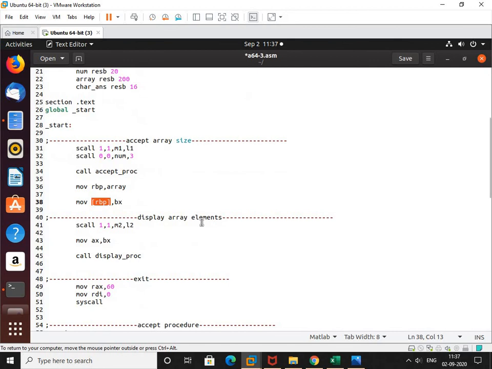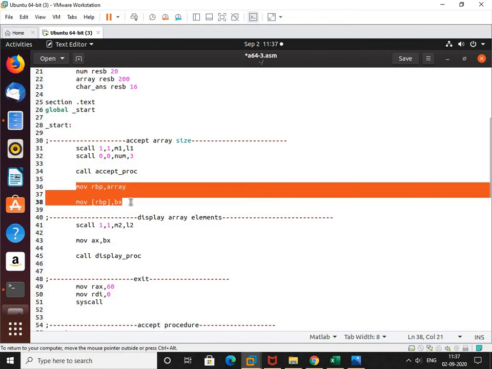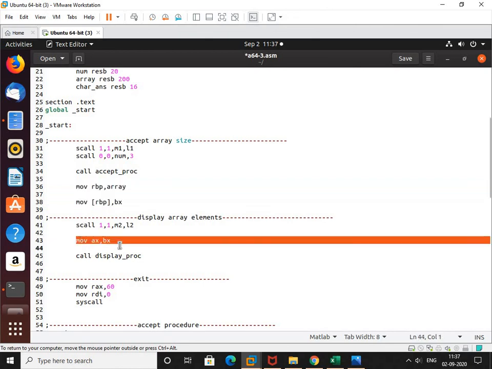Why we put it into the accumulator, we will see in the display procedure. You can avoid these two steps if you don't want to take multiple numbers. If you are taking only a single number, then immediately you can write MOV AX, BX.